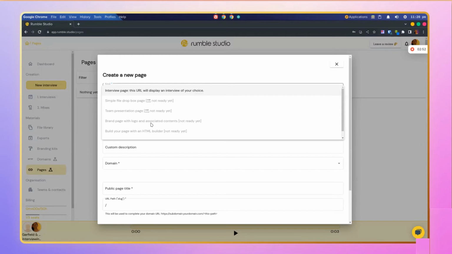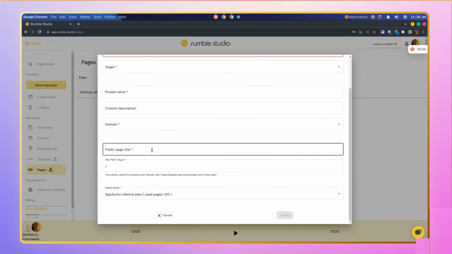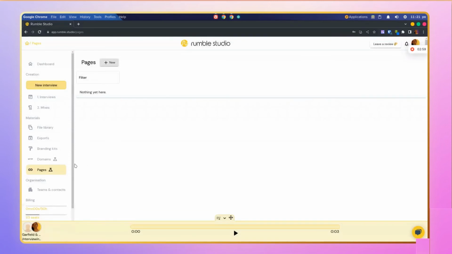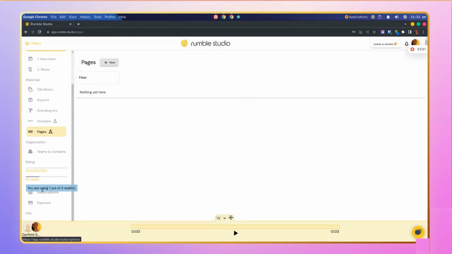Of course, the interview page for our guest and some other pages like a sample file Dropbox page, a team presentation page, a brand page with logo and associated content. But all of it is in development, it's not ready yet. As you can see, you can have strong branding with Rumble Studio and look very professional. Next, we have our subscriptions and payment, of course,